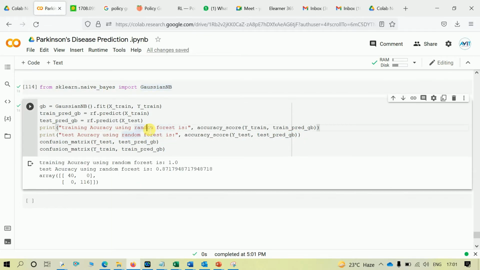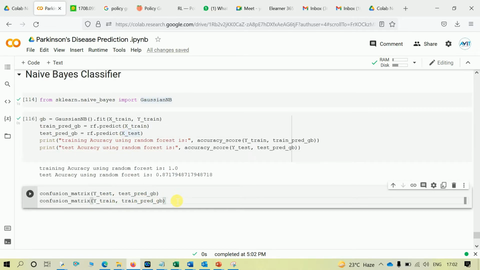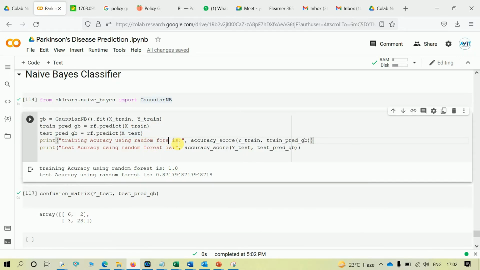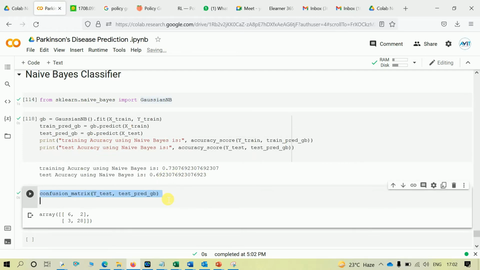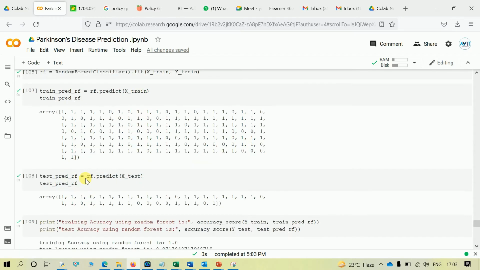So what I did is I've written the code for naive Bayes in here, and let me check the confusion matrix in different cells. This also provides 1 as an accuracy, and I forgot to change this from random forest. Let me write naive Bayes. I think I should take GB. Now everything is working fine. So this provides not very good accuracy. At least we have false positives as 0, but we have a large false negative value. False negative is much more harmful. Okay, let's move to different classifiers.